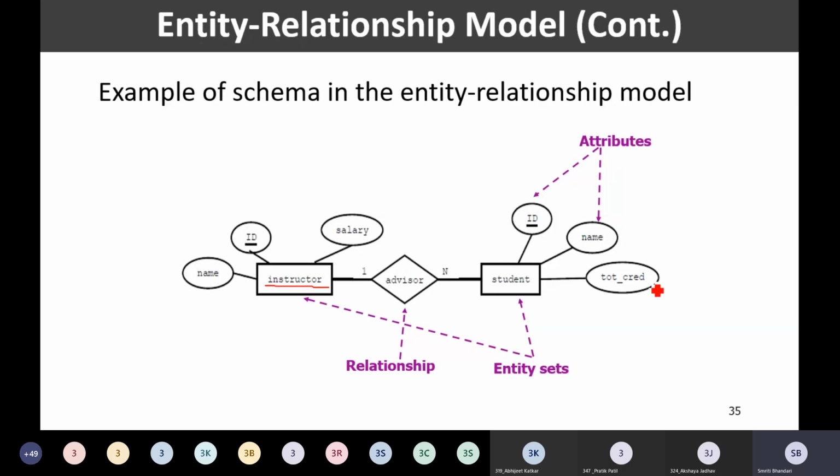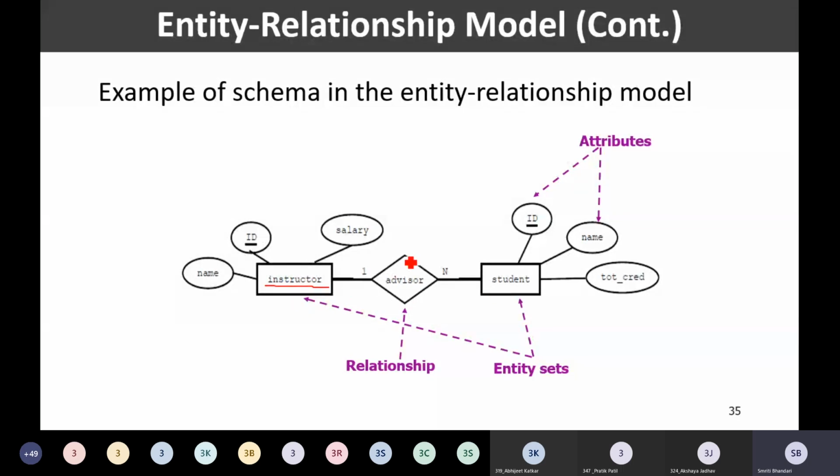Now this entity set student is having the attributes ID, name and total credits. These attributes once again are linked with this student entity set using these small lines. Now, as I mentioned, a diamond is used to denote the relationship.